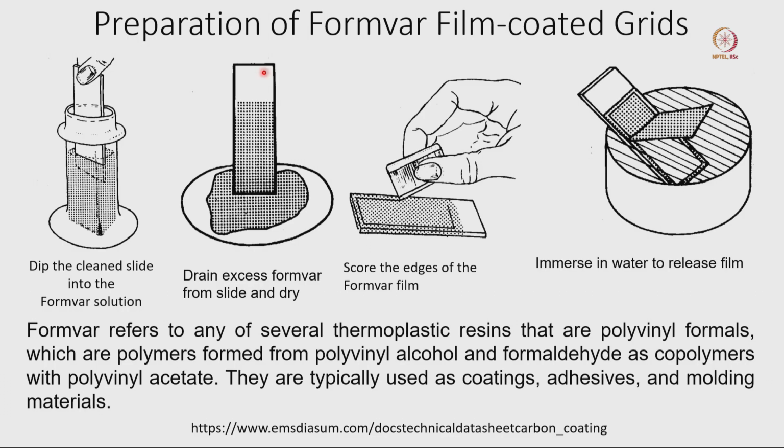When this glass slide is completely dried, we can take it and keep it on top of a filter paper again, and then use a very sharp blade to cut the sides of this Formvar plastic. Here the Formvar plastic is coated on all sides, and now if we want to isolate this plastic coating on top of the glass slide, we have to separate this plastic coating from the other side of the Formvar.